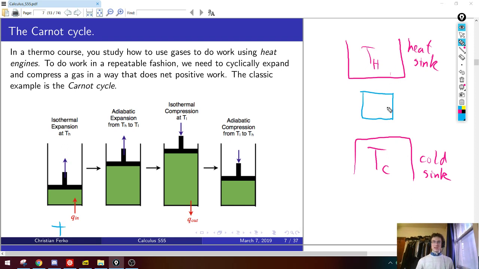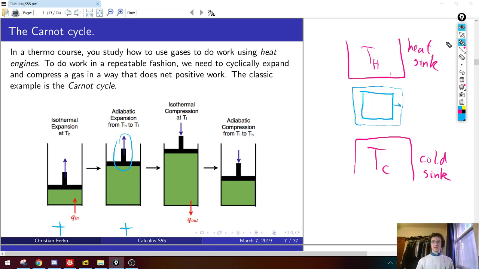So I move it away from the heat sink, and now I let it expand a little bit more. In this step, it maybe increases to a slightly bigger volume, but as it does that, no heat is being exchanged with the environment. Okay, so that's an adiabatic expansion, and again, since it's pushing out on the piston at this step, I get